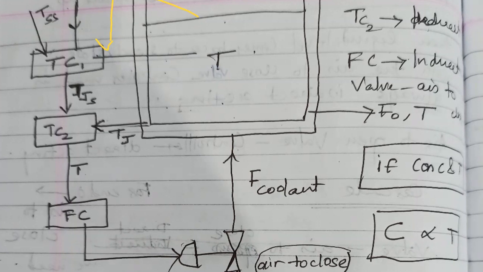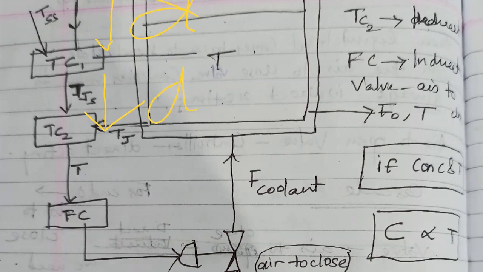Only one answer. Direct or indirect? So you can see, TC1 is taking the input, that is, your concentration controller is telling him to decrease the temperature of the tank. So what will he be saying to the jacket? TC1's output is the set point of TC2. So he should tell the jacket controller to decrease the jacket temperature. So here it is decreased, and here also it is decreased.